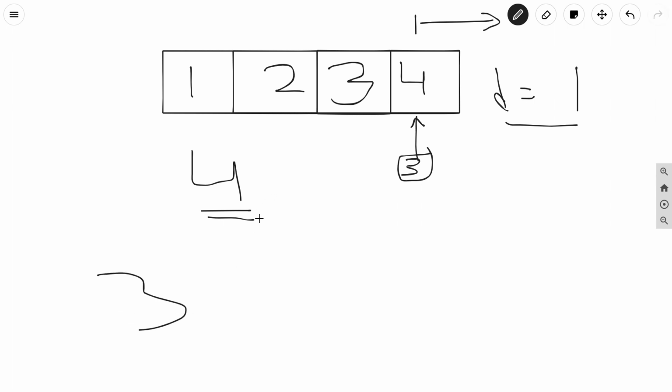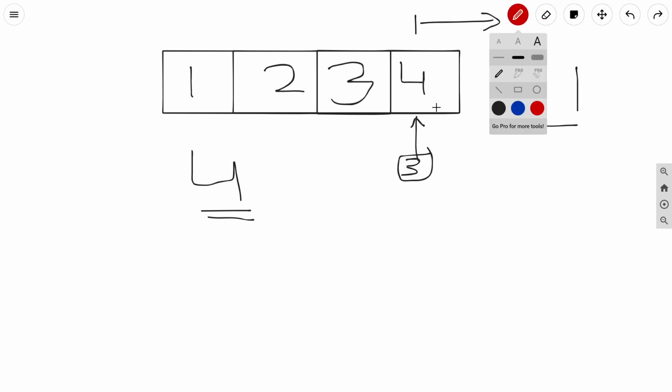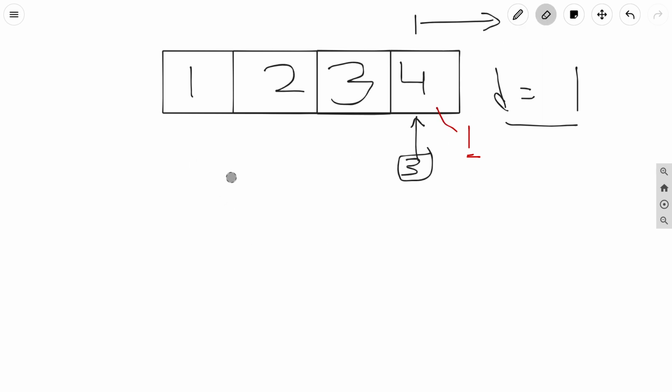So likewise the number 4 is an AP. So this can be our arithmetic sequence, and the length corresponding to this subsequence will be 1. So I will write here 1. So for this index, if we consider this element, the arithmetic progression will be of length 1. So let us move further.